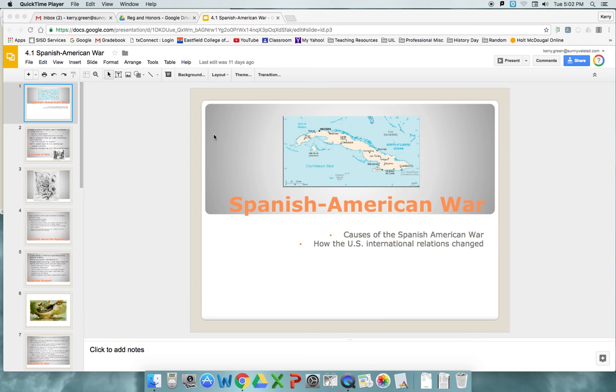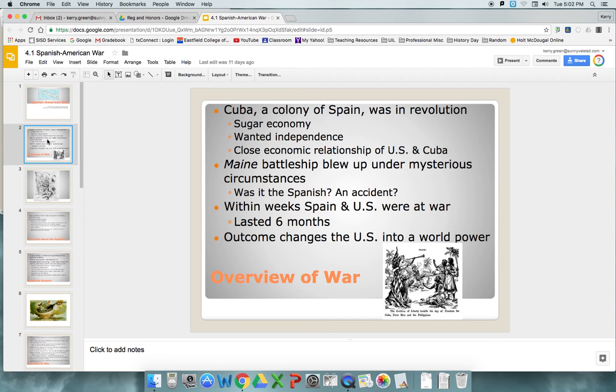This is a map of Cuba right there. You can see that Cuba was a colony of Spain. Spain had a few colonies left. They weren't much of an empire anymore. They still have the Philippines over in the Pacific. They have Cuba. They have, I think, a couple of small areas in South America, maybe in Africa too. So nothing really significant. And what will happen is that Cuba's demanding independence, and Cuba has this sugar economy, and